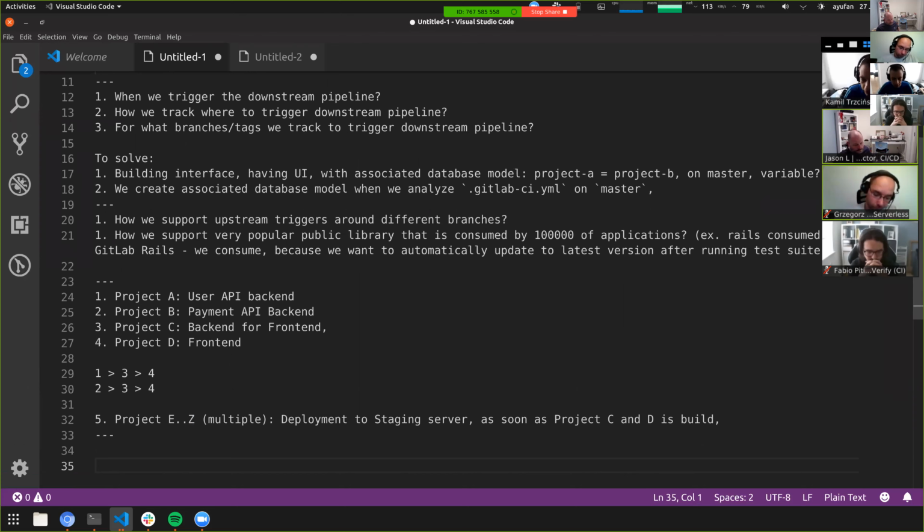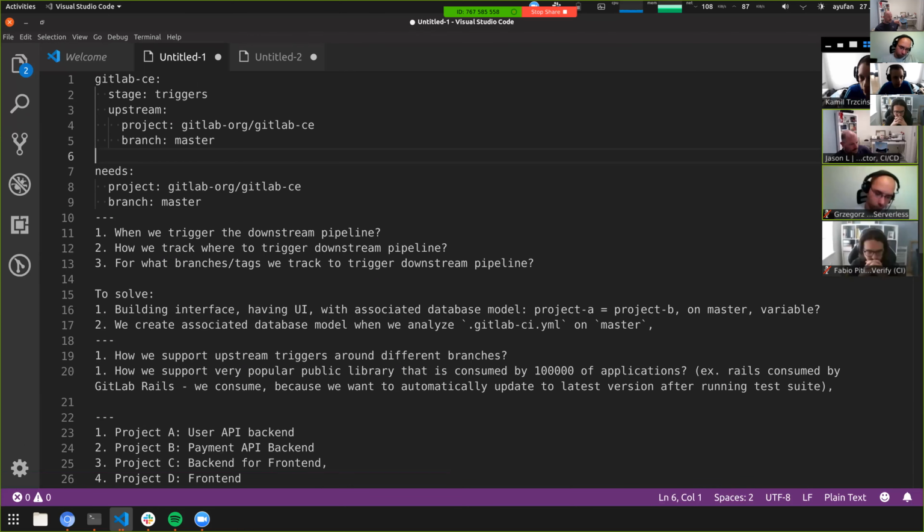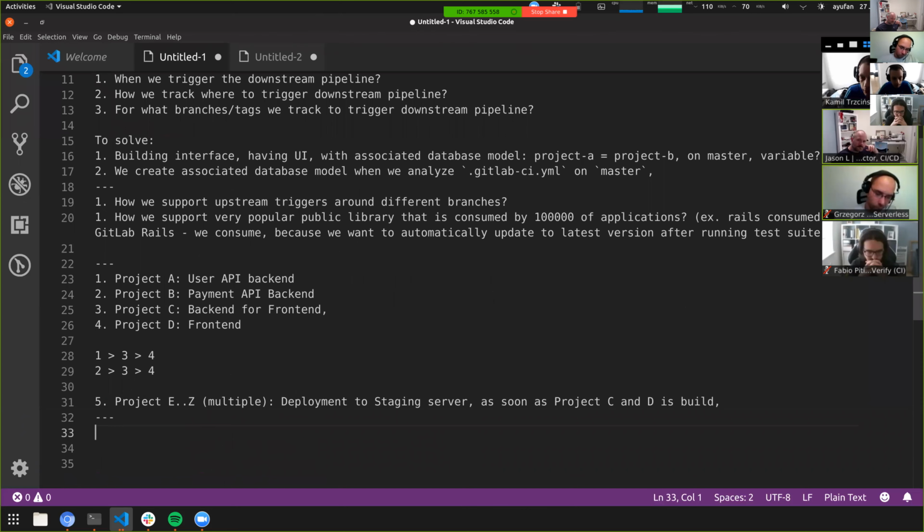About the different approaches, we have these two different approaches here, and the question is whether this is a very simple triggering mechanism, or a mechanism that builds you a dependency graph.